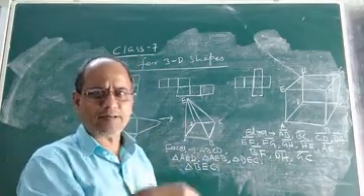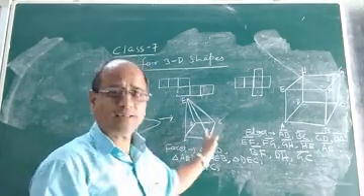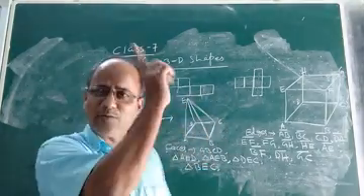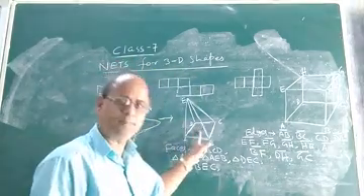So what is a pyramid? There I discussed. A pyramid is a solid in which the base can be any polygon, I said. There we have taken the base as a triangle. That is why it was a triangular pyramid. But look at this figure. This solid is also a pyramid.